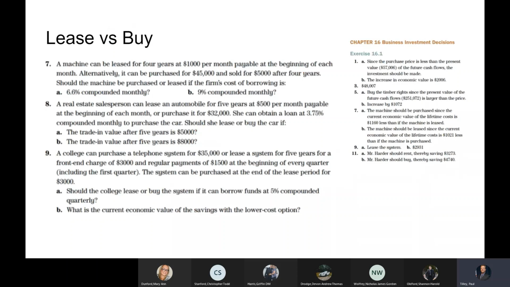So what we're looking at here is 2 separate calculations. First, the present value of the lease payments, and second, the present value of the purchase. And then it says, okay, we've got different rates, compounded monthly, 6.6% or 9% compounded monthly. Now, we did